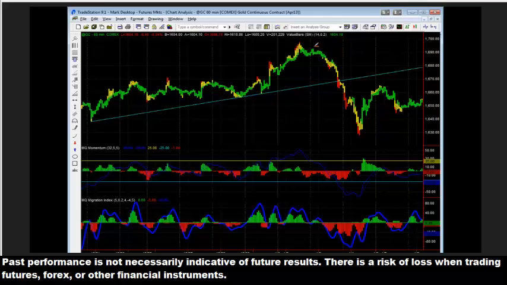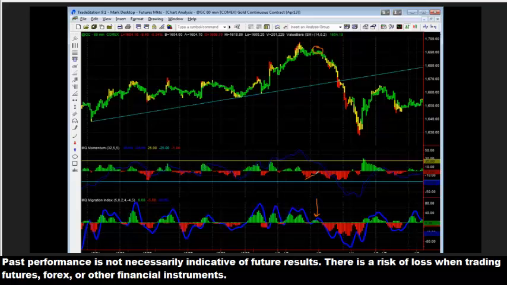This is a really nice situation here. In fact, if you can see, take a look at the migration index, which is really a great tool to get a pulse for the buying power and the selling power. So you get a pulse of the strength of supply and demand. And you'll notice that this has really fallen off right here in this area. I would really challenge you to watch for this type of thing. I don't see this happen very often, and you'll notice that your momentum can't even get into positive territory here.